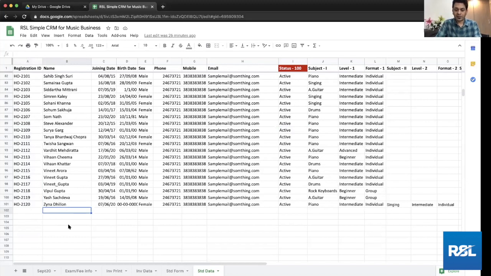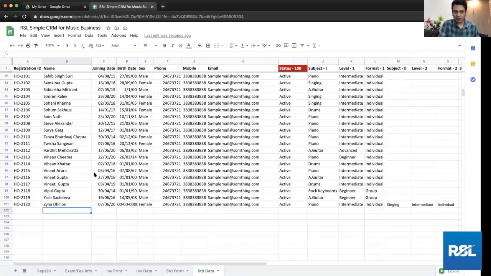Suppose I type in a student, say Rohan. One thing I've done in this is, suppose I type the name of a student who is already there, for example Vipul Gupta. You can see it here on row 99. If I have another student whose name is also Vipul Gupta, that is quite possible, but typically active students are not going to be too many, so finding the same name is going to be difficult. But if that happens, again, as I said, this is not comparable to a Zoho or a Salesforce kind of solution. There are quick fixes to it.